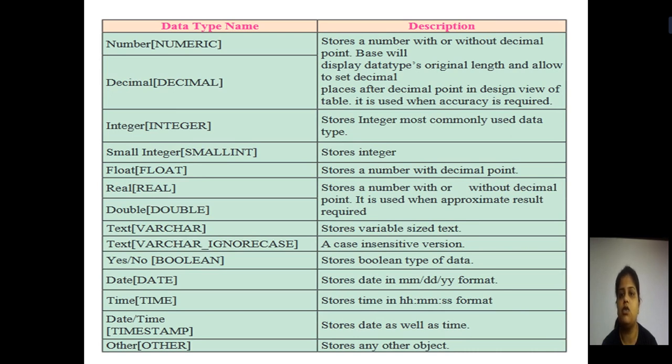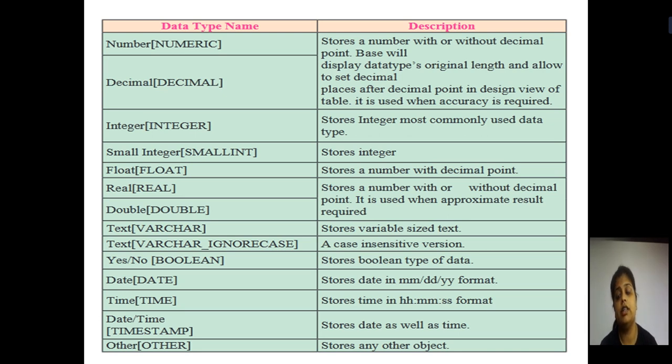Now what is the use of this number data type? There are different data types used for number description. One is number for numeric. If you have a decimal number, for that you will use the data type decimal. If you are writing a common data type and you have not specified whether it is a number, decimal, integer or fraction, at that time the commonly used data type for integers will be int. Okay, so there are different data types. The first is the number.